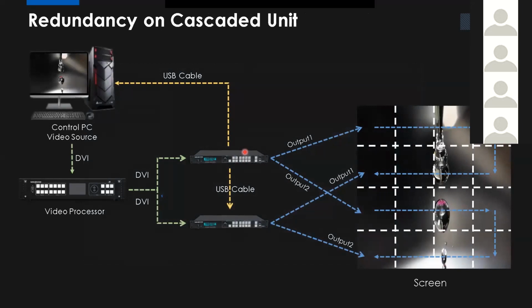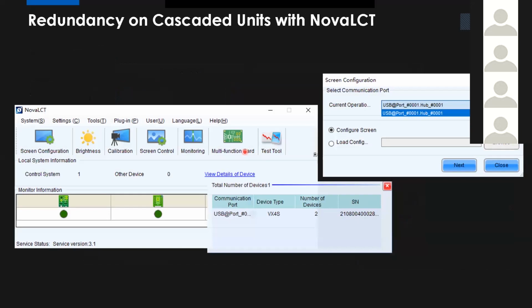Now for the control backup, we have the redundancy on cascade unit. Still start with the NovaStar software. When we log in, we will see there is 1 system, but in this system, we have 2 controllers. So 1 system, if we go to the screen configuration, we can still see only 1 option to select the USB port. When we click next,